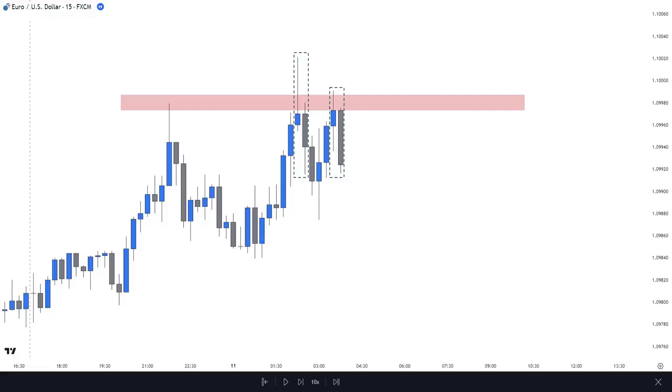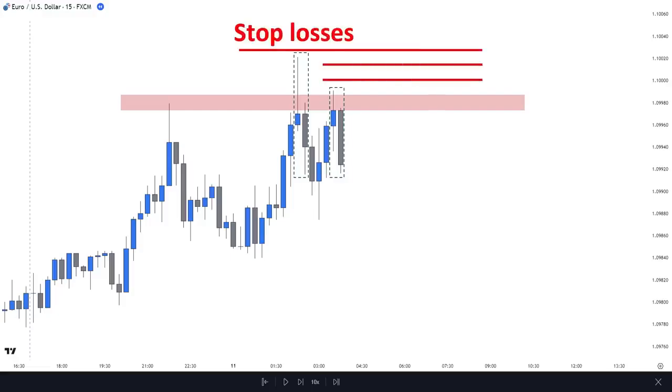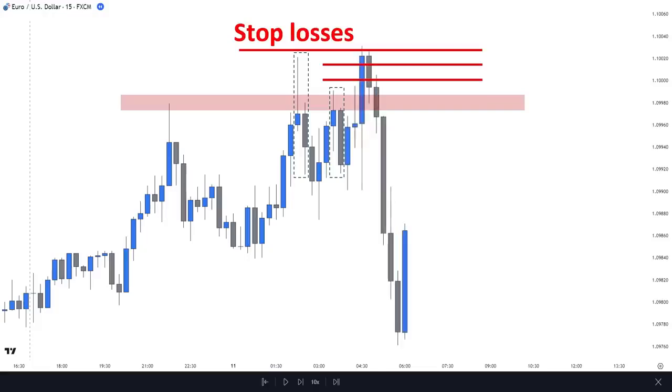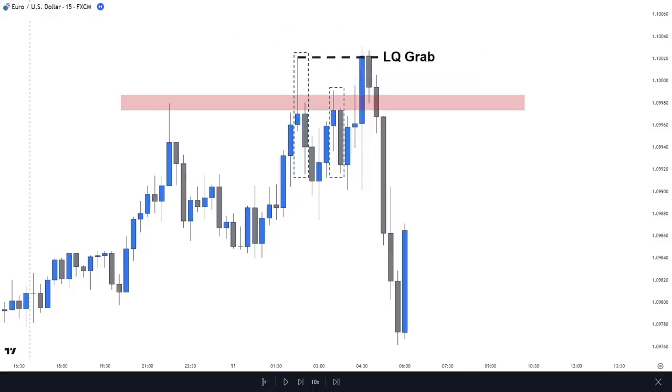Traders who sold here placed their stop loss above this wick. So, we have lots of liquidity gathered above this area. Now let's see what will happen when the London kill zone starts and new traders jump into the market. First, the price goes higher, sweeps the liquidity above this wick, then completely falls, and aims to the liquidity gathered